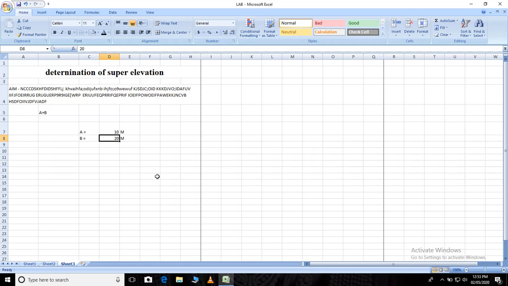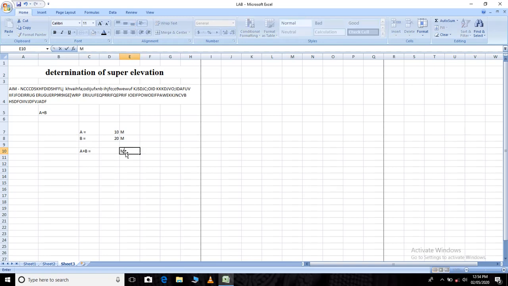You don't write anything with that. Values you write, 10, no problem. But don't write 10 meter in a single cell; 10 in a different cell, meter in a different cell. So I want the answer as a plus b. So a plus b is equal to, I want what is a plus b, that is again in meter.